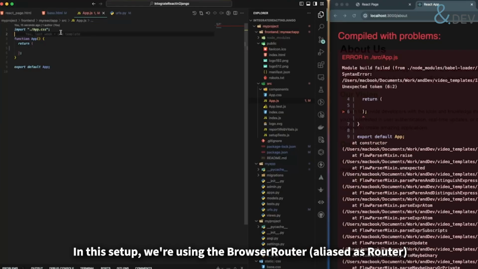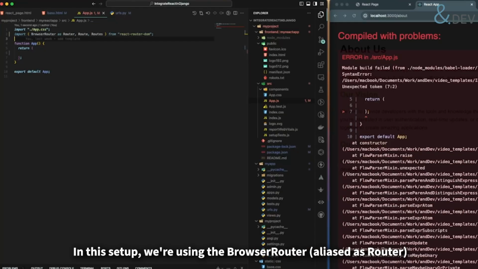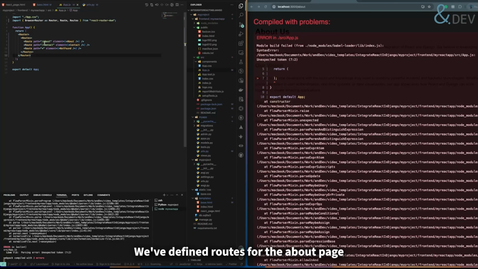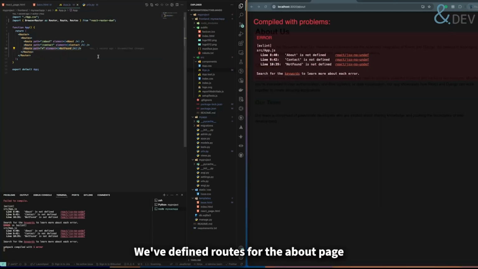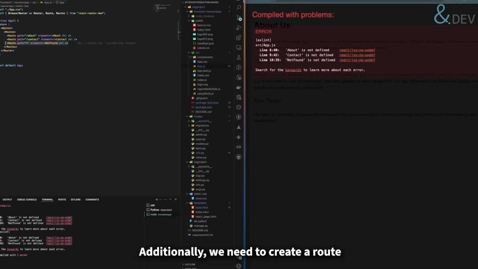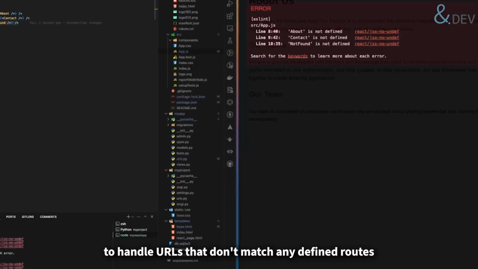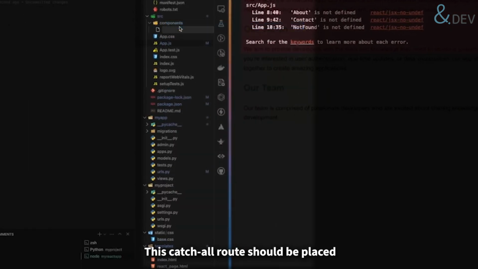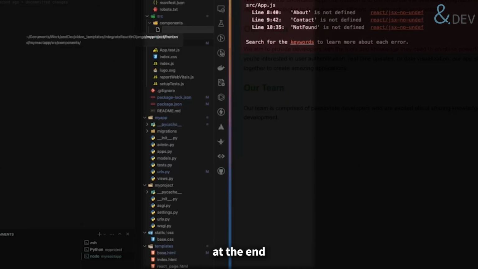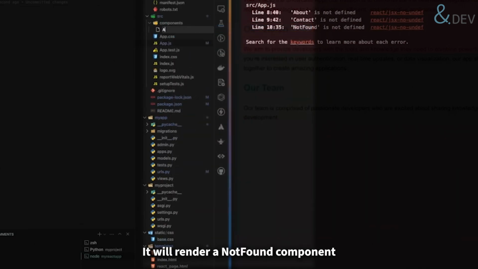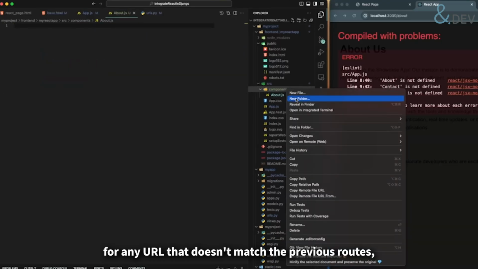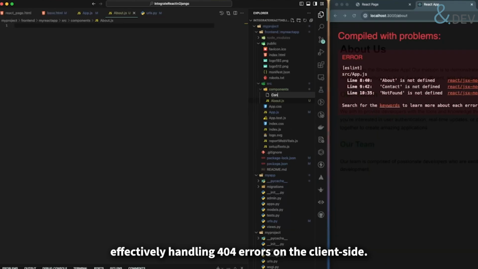In this setup, we are using the BrowserRouter, aliased as Router, to wrap our application. The Routes component ensures that only one route is rendered at a time. We have defined routes for the About page and Contact page. Additionally, we need to create a route to handle URLs that don't match any defined routes. This catch-all route should be placed at the end of your Routes component. It will render a NotFound component for any URL that doesn't match the previous routes, efficiently handling 404 errors